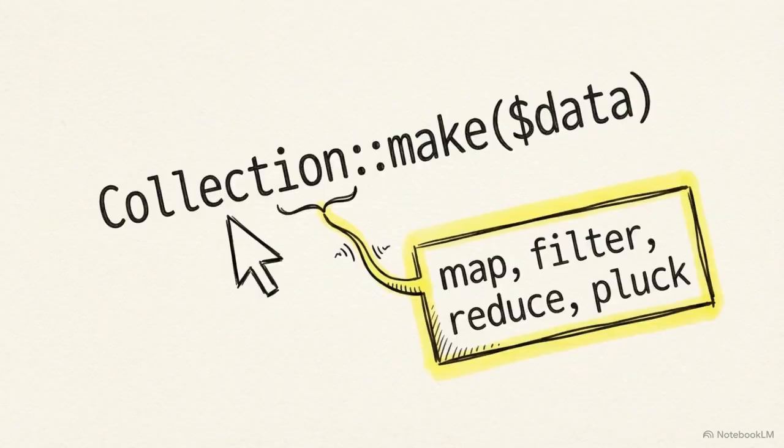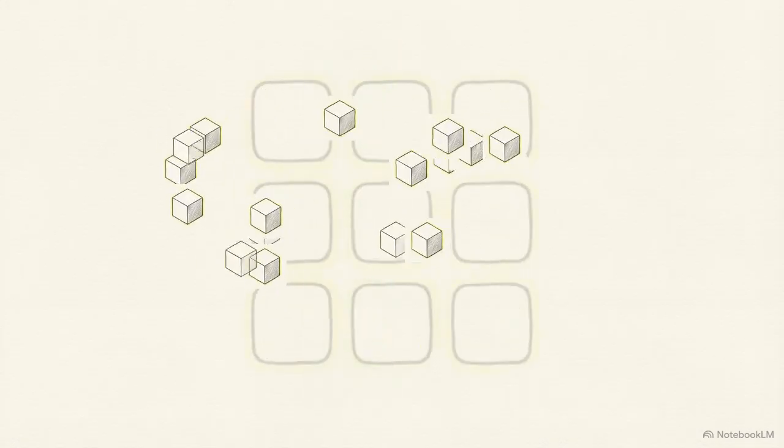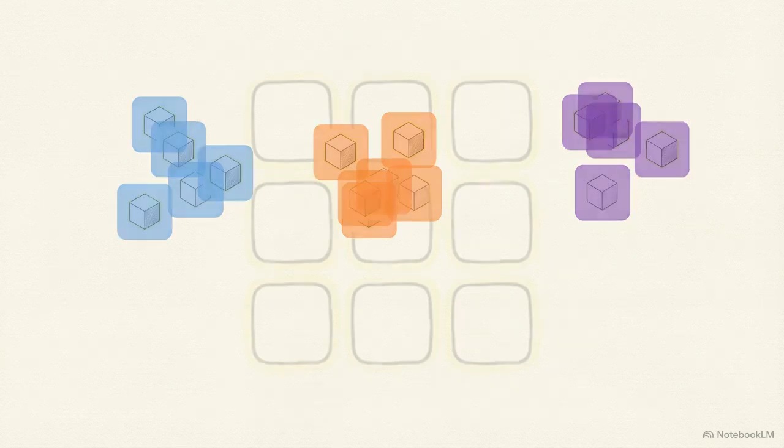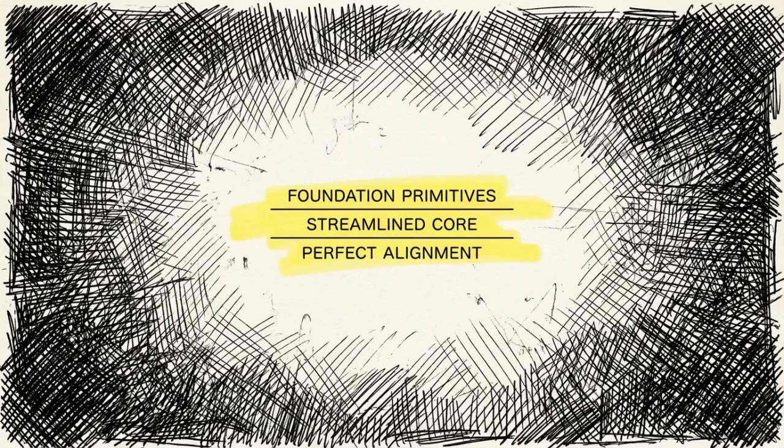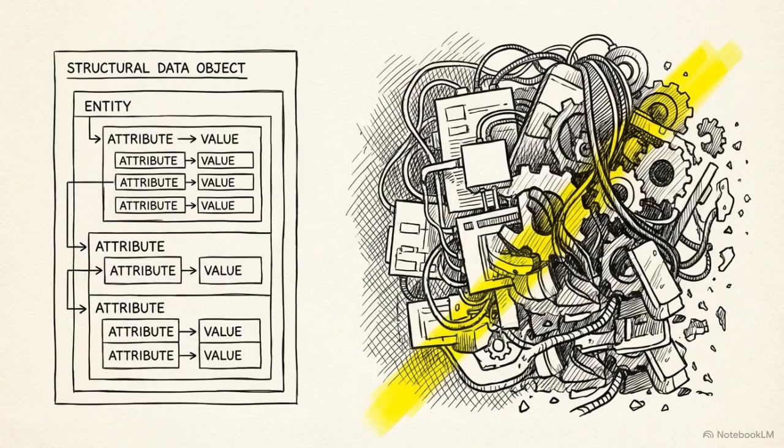This array wrapper also unlocks advanced data shaping capabilities. Instantly isolate columns with pluck, categorize datasets with group by, or collapse multi-level arrays using flatten. Abstracting these array primitives clears the visual clutter from the file. When a developer reads the code, they see the true intent of the data structure rather than the mechanical steps